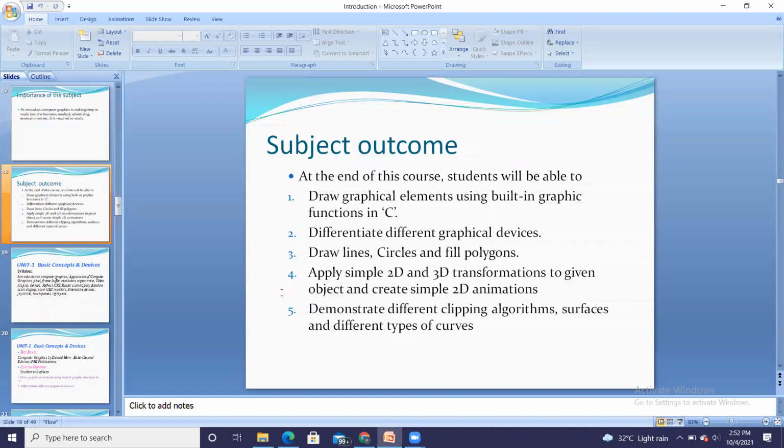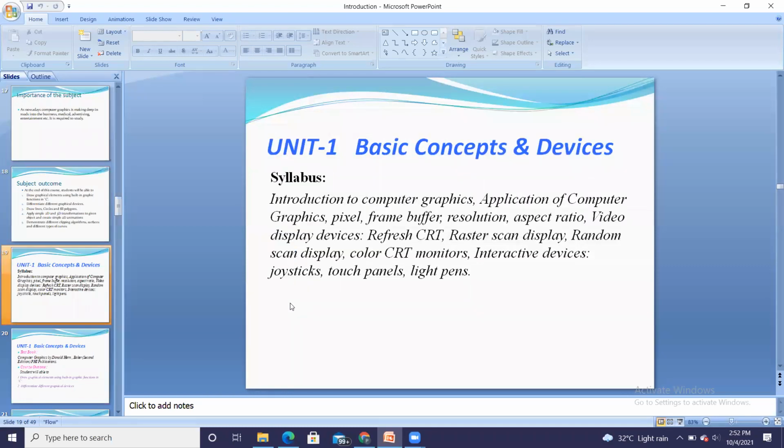Okay, so that is about 5 outcomes, and now we are going to start with unit number 1. The name of the unit is Basic Concepts and Devices. Its syllabus is Introduction to Computer Graphics, Application of Computer Graphics, what is meant by pixel, what is a frame buffer, what is resolution, what is aspect ratio, what are video display devices, that is CRT.